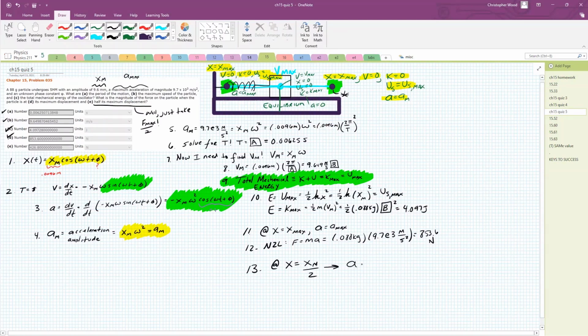The acceleration is going to equal, from step 3, minus XM omega squared cosine of omega t plus phi, equals